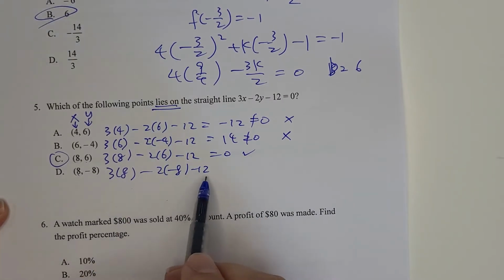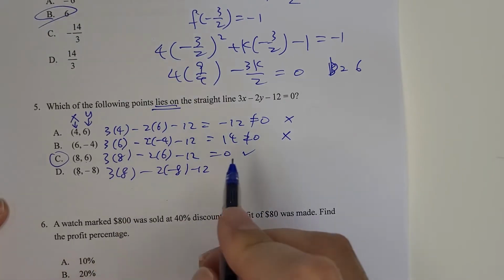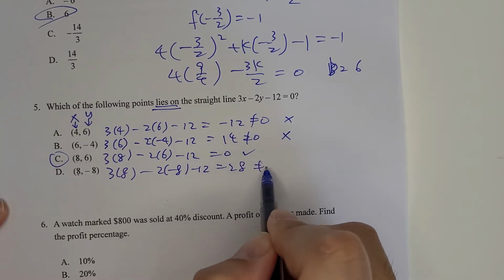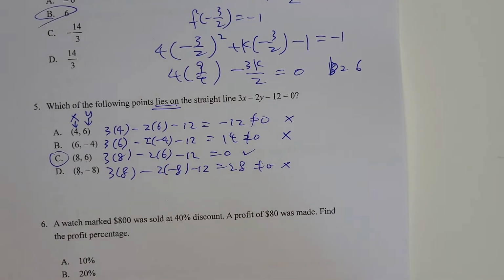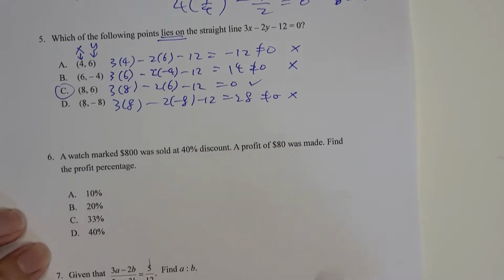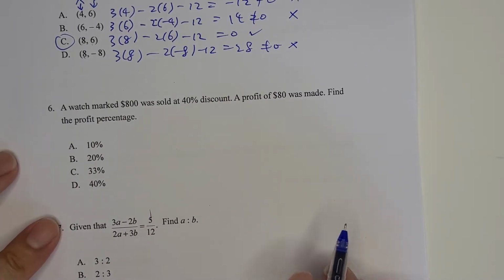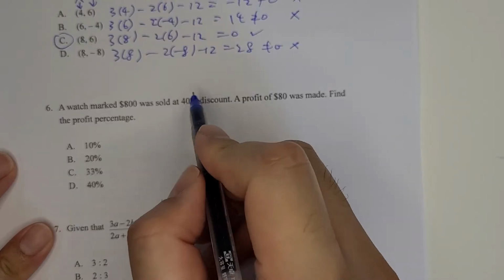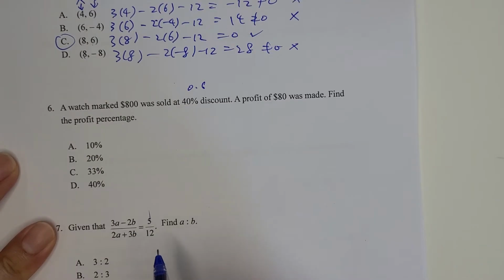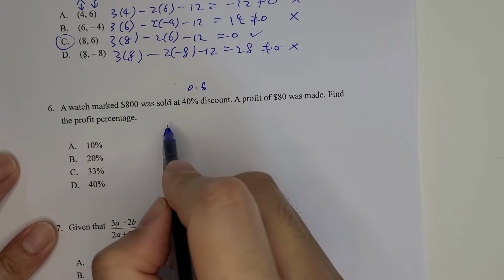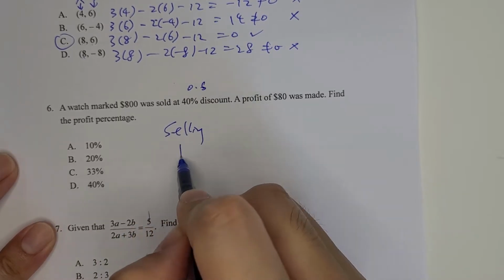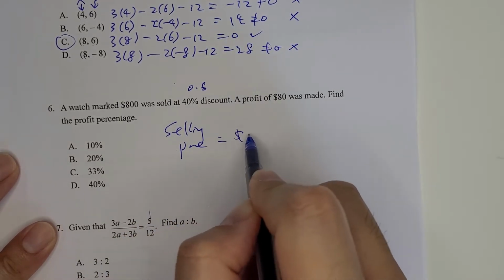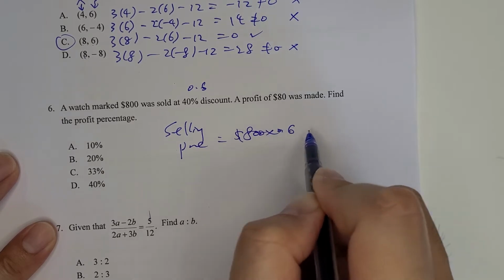So 24 minus 12, so 12 plus 16, 28, not equal to 0, so that's not the answer. So the answer is C. Question number 6: a watch marked 800 was sold at 40% discount. That means 0.6. So the selling price will be 800 times 0.6, that is